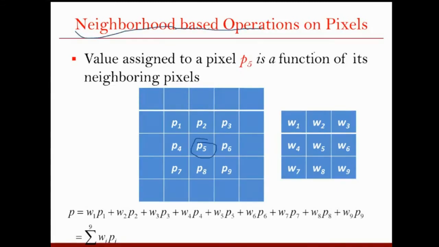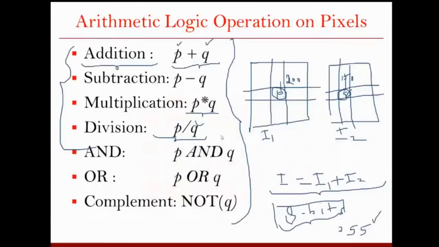Because here, to compute the new value for P, we are considering the pixels which are surrounding that particular pixel. In this case, suppose the location of this pixel was 50, 50. To get the new value of the 50, 50 pixel in the new image, we are considering the 50, 50 value from this image, and the 50, 50 value from this image, right?